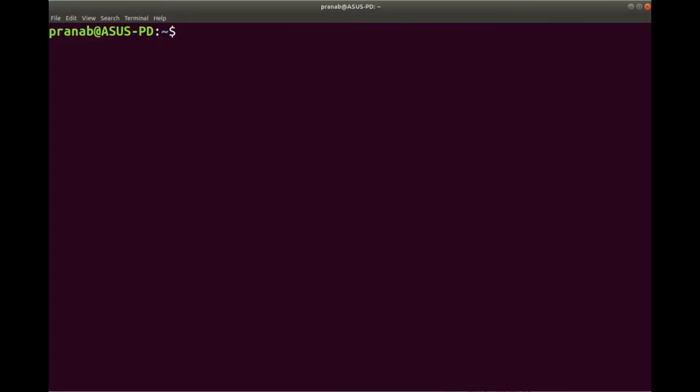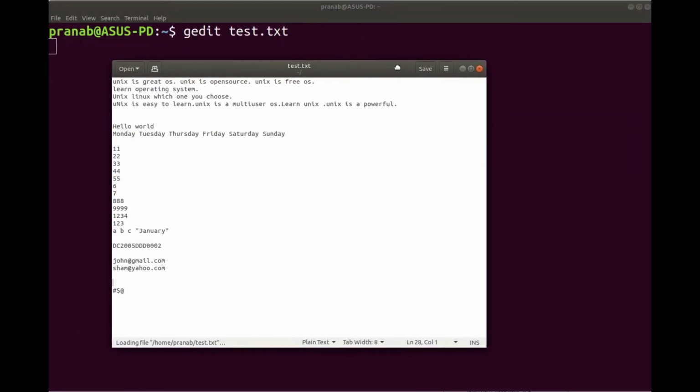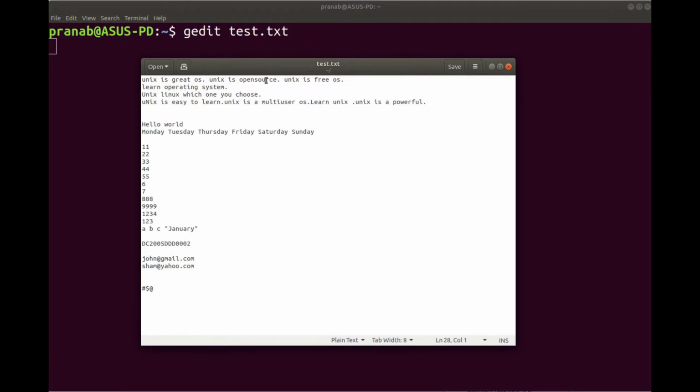Before we start using the grep command, let us look at a file which I have already created. If we look at the file, some sentences are written with Unix, and you will also see this in uppercase.